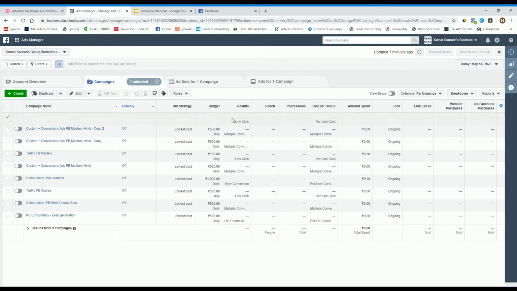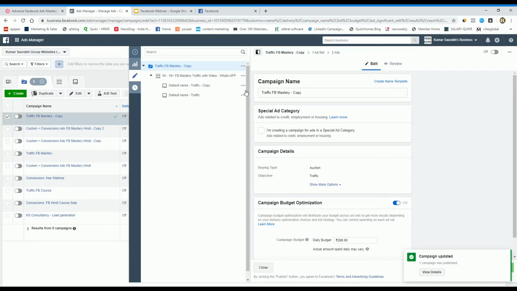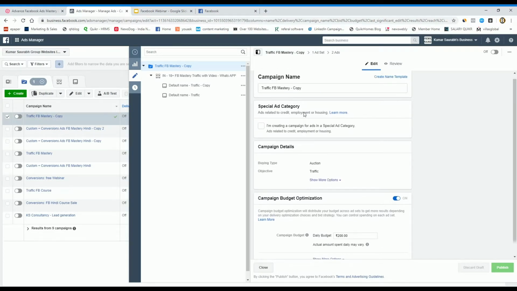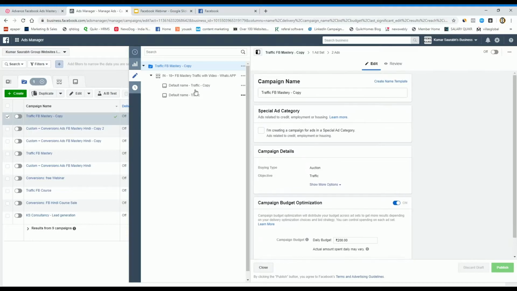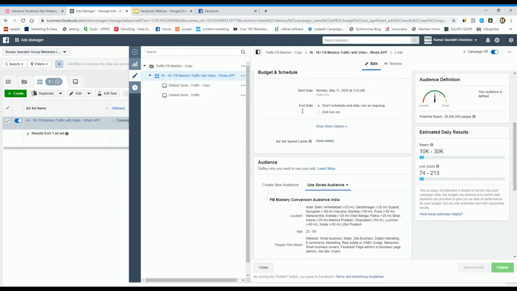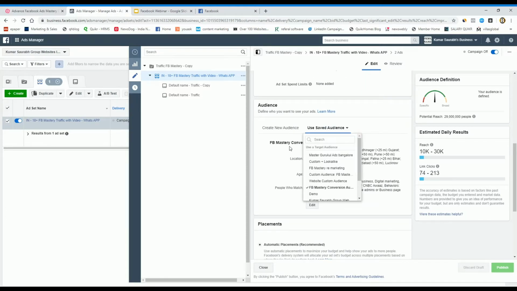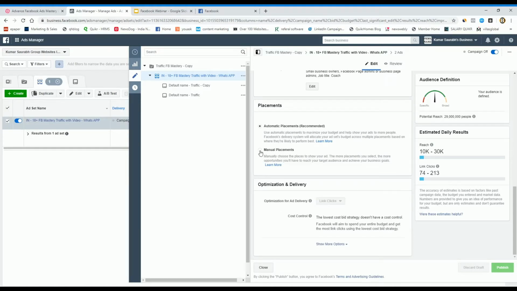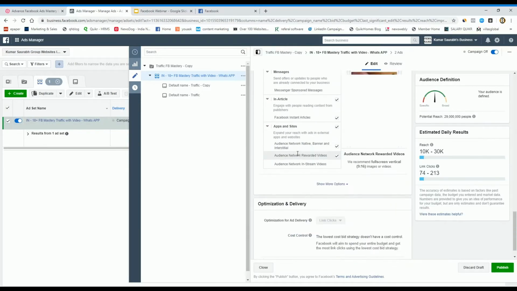Okay, even you can go to edit, and if you want to edit any campaign once again, so you can go to campaign, then you can go to your ad set. Okay, so you can change your audience, even you can change it to the custom audience or lookalike audience, right? Even you can change into manual placement.